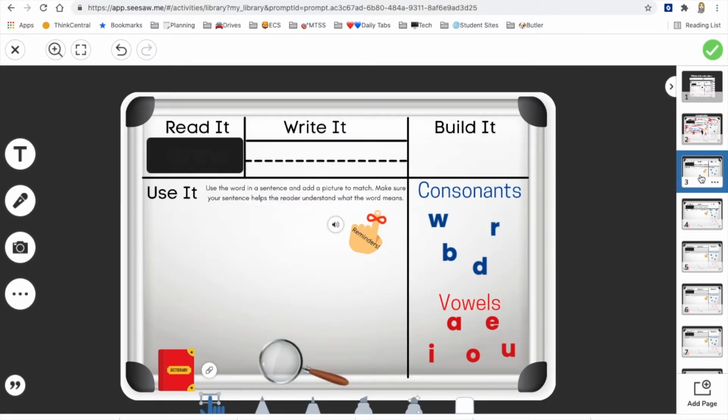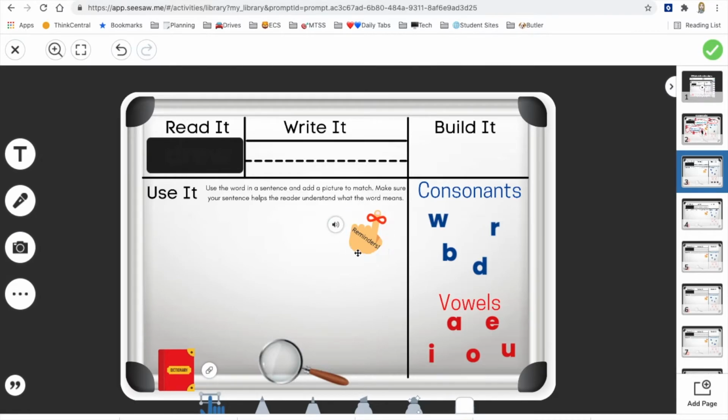And then their actual activity starts on page 3. So here I've added reminders, kind of like the hints. So it's just a reminder not to forget something. So in 2nd grade, and from what I hear, all grades really struggle with writing sentences with capital letters and punctuation. So this reminder just tells them, hey, don't forget, we need a capital letter and punctuation in all of